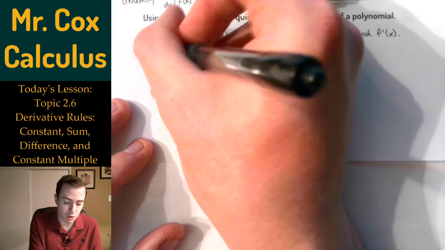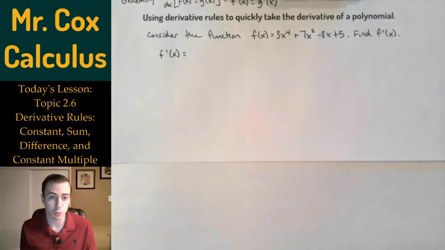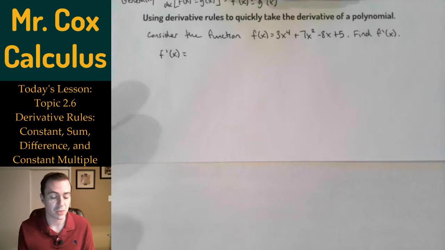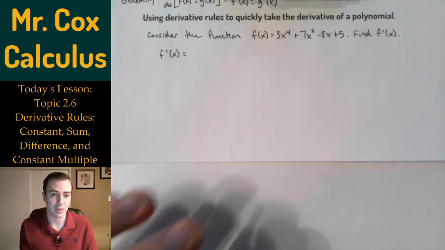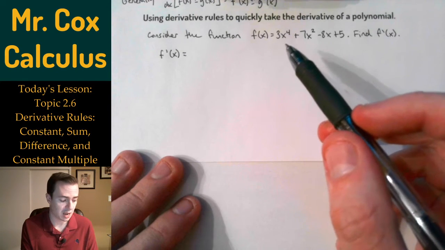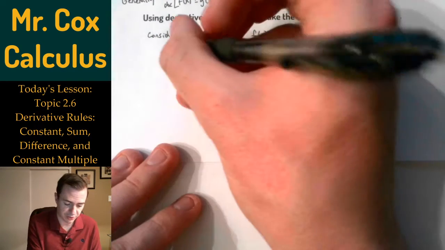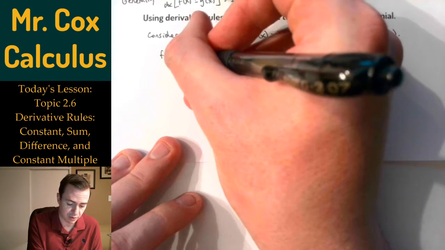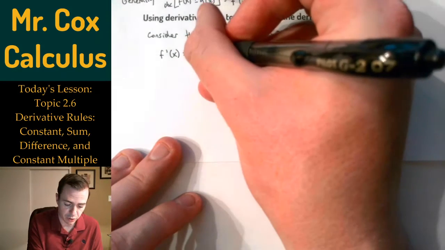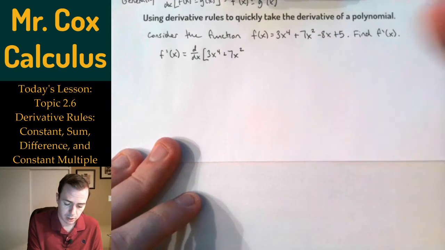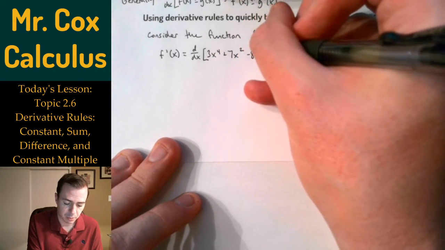And for this video, I'm going to use the rules that we got in this video rigorously. And then after this video, you're going to have permission to do it much quicker. You're not going to have to go through these rigorous rules that we're going to do. So what I want to do is take the derivative, f prime of x is the derivative of this whole function right here. So I want to take the derivative of this polynomial 3x to the fourth plus 7x squared minus 8x plus